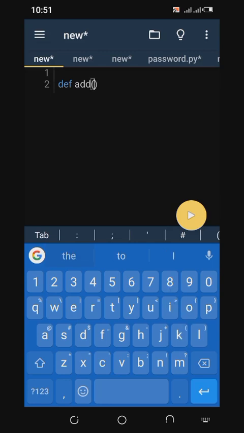Then I'll pass nums as a parameter of my function, and then I'll come down and say z equals 0. We'll make z equals 0 because we are going to add from 0 to the numbers that we have in our list. Then for x in nums,